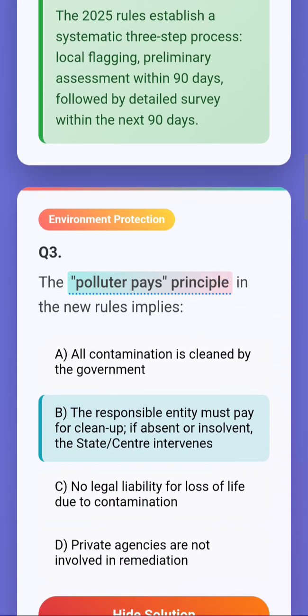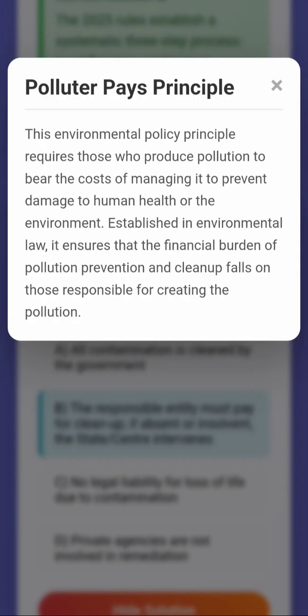Next question 3. The polluter pay principle in the new rules. Okay, we know about polluter pay principle also, and also about extended producer responsibility. Polluter pay principle is very easy. Whoever pollutes the environment, he pays through some tax or some incentives. Okay, but the producer pays principle, there you must have known the electronic products, electronic waste, mobile device, after we